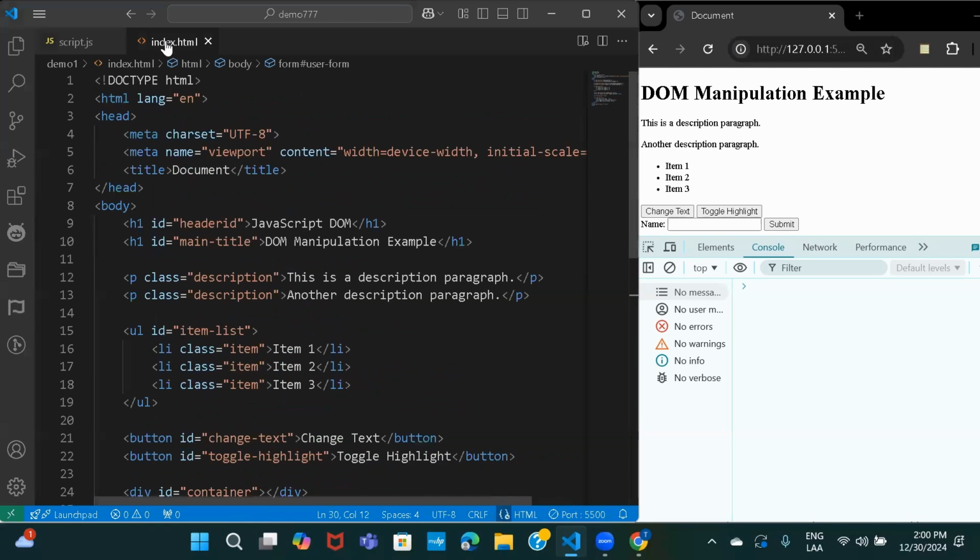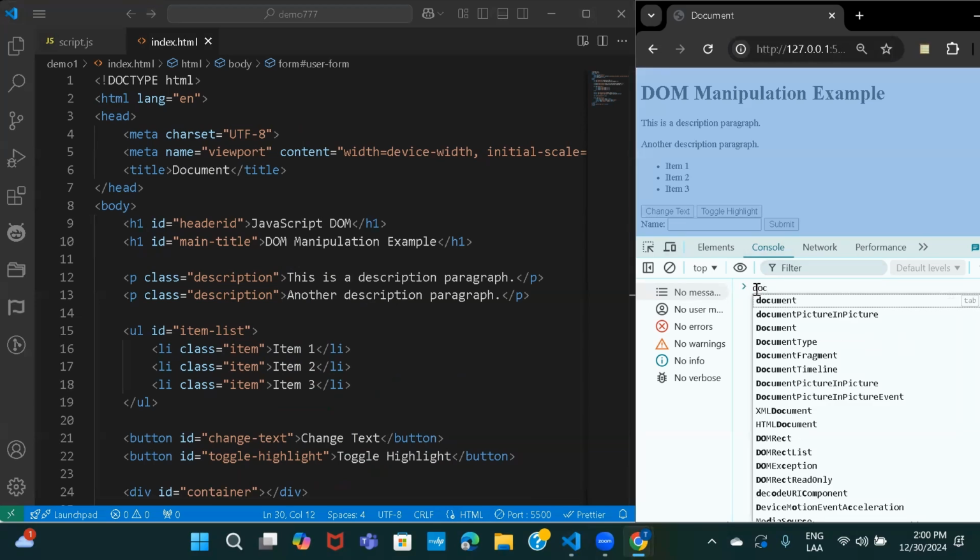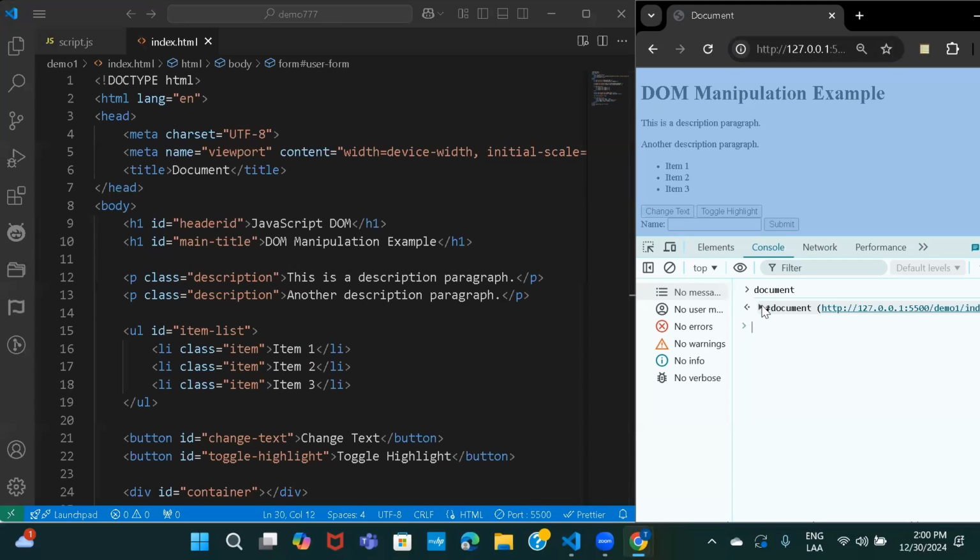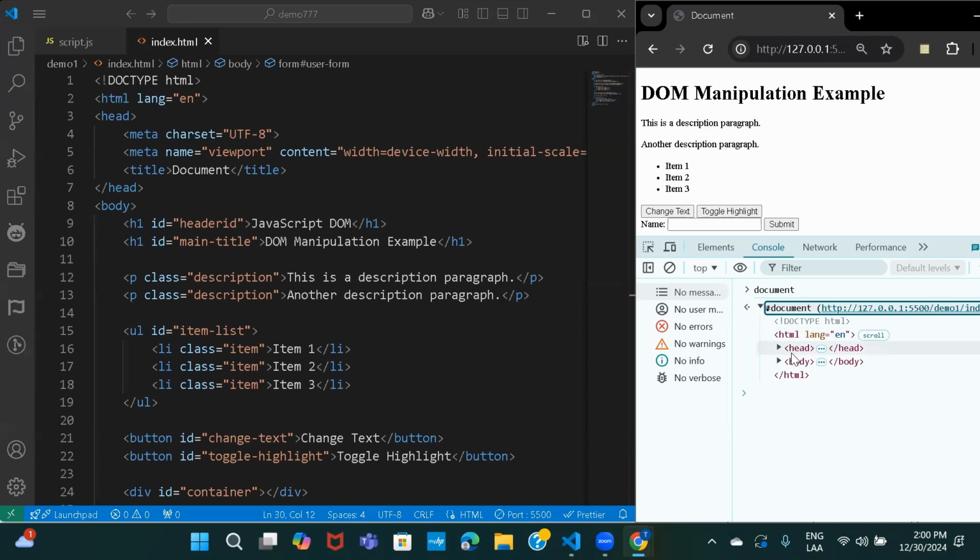So here in my HTML file, I have included some random tags. In my console here, if I type in document, let's see what happens. Okay, document, and then I'll hit enter. If I hover on this, you see it is highlighting the above panel, right? That means this particular object that is available in the browser,